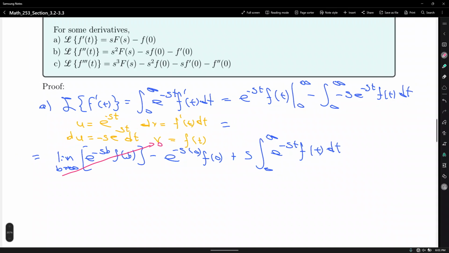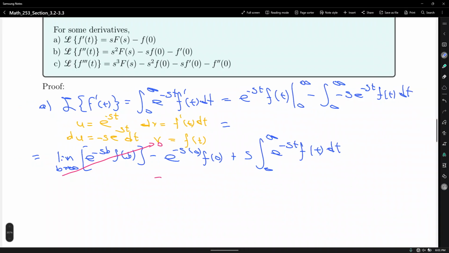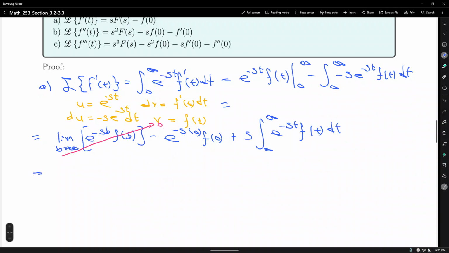So this will end up being negative e to the negative 1 times f of 0, whatever that is,